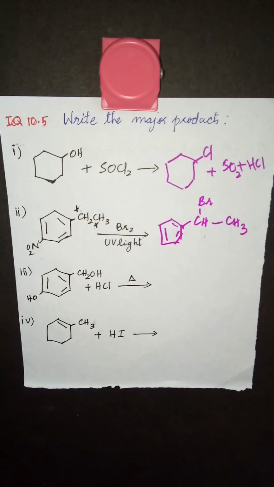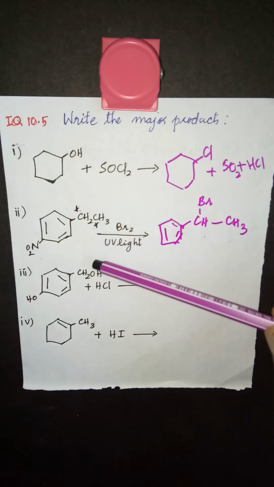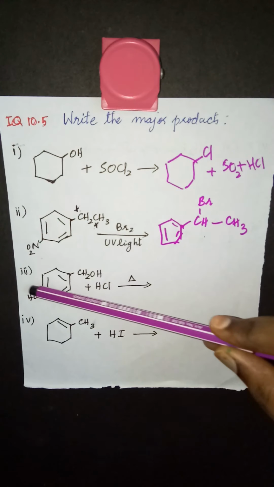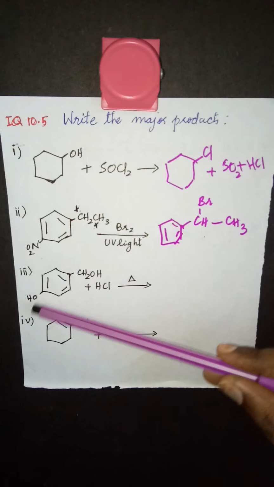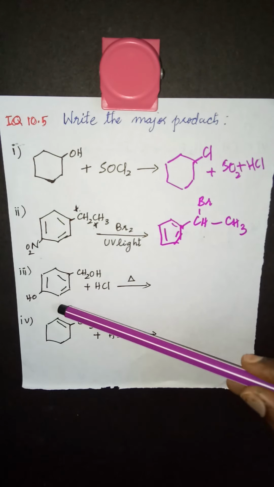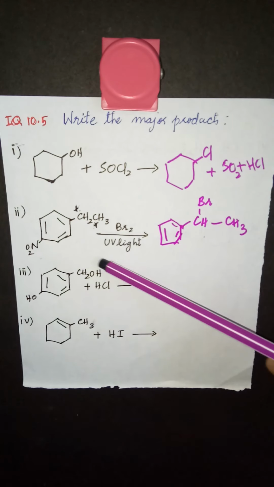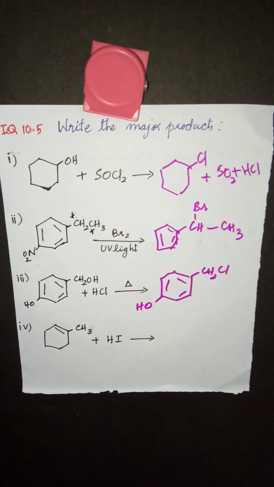And come to the next example. It is treated with HCl. And you know, when you treat it with HCl, OH will be replaced by Cl. Now the question arises, why not this OH is replaced? Because this OH is directly attached to the benzene ring. So this acquires a partial double bond character due to resonance. So it is difficult to break this bond and replace it with Cl. So only this OH is replaced by Cl, and this OH stays intact. So this is the product.